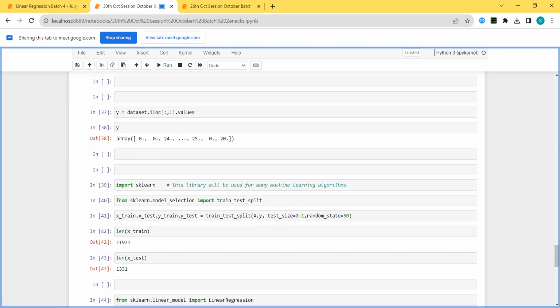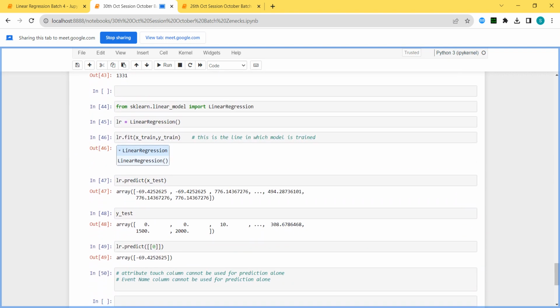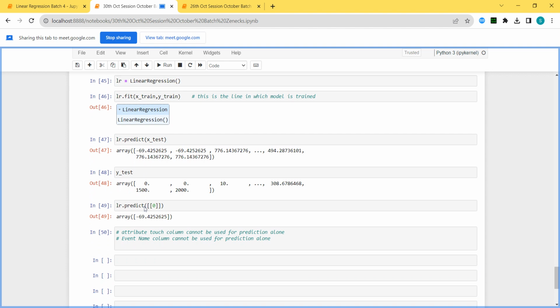Now you can see that my predictions should be something different. Yeah, the predictions are different. Now what is the prediction? Minus 69. Actual prediction is 0. Minus 69. Now this algorithm is expecting the revenue of minus 69 rupees. Okay, and what do you mean by 0 here? Why am I predicting a 0 value here? 0 is indicating my first event.